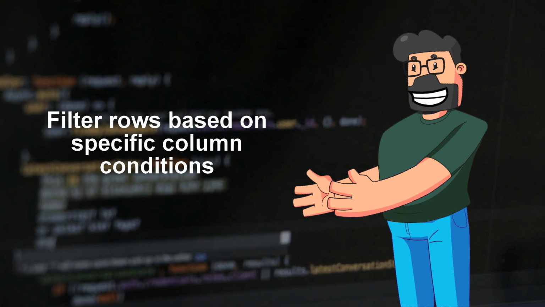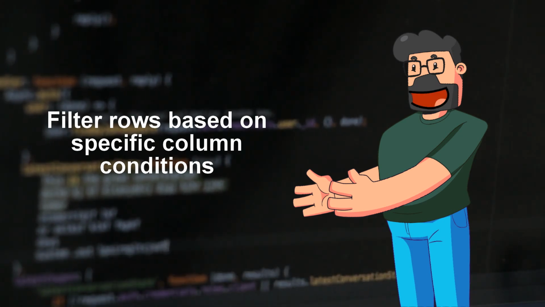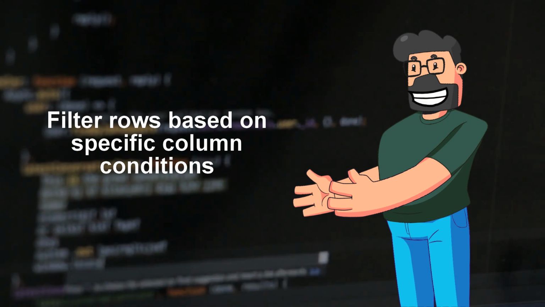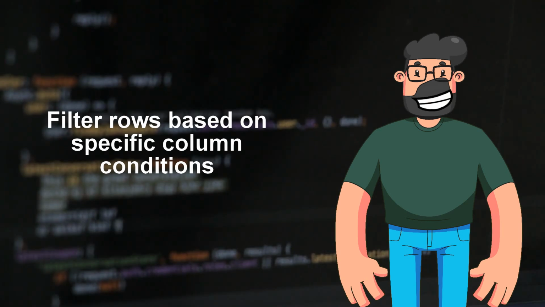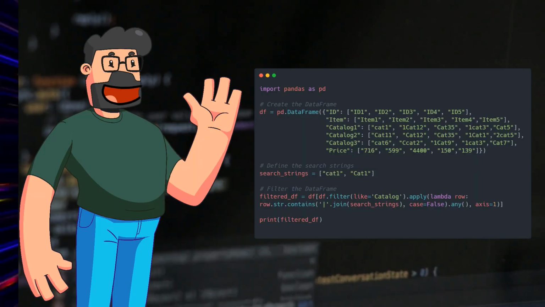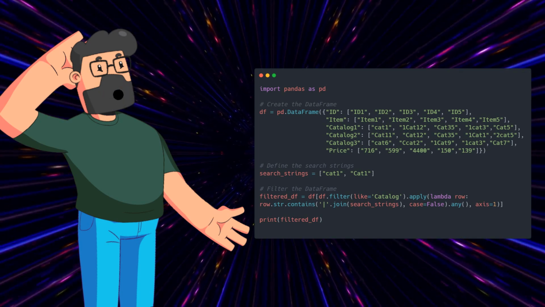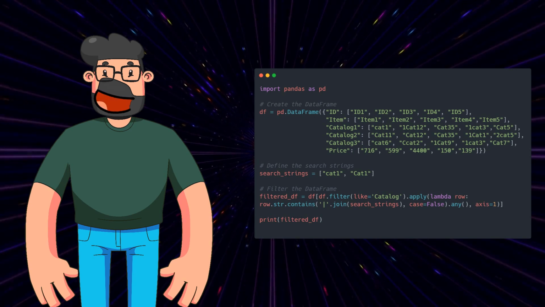The issue at hand revolves around filtering a data frame based on specific string values within columns starting with catalog. It's a common scenario where you need to extract relevant information from a dataset without knowing the exact columns to look into. Now, diving into the solution provided earlier, it's a clever approach using pandas functionalities to efficiently handle the